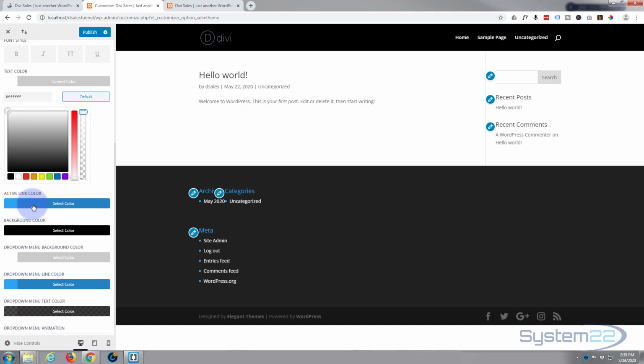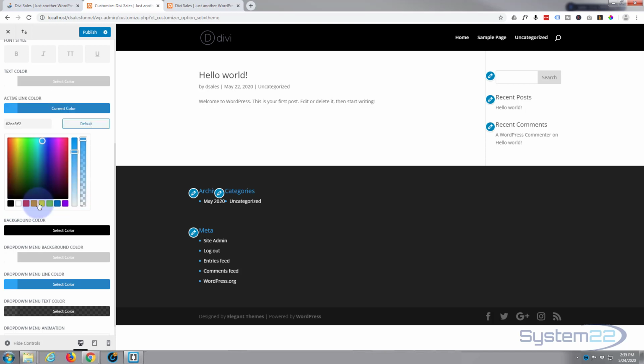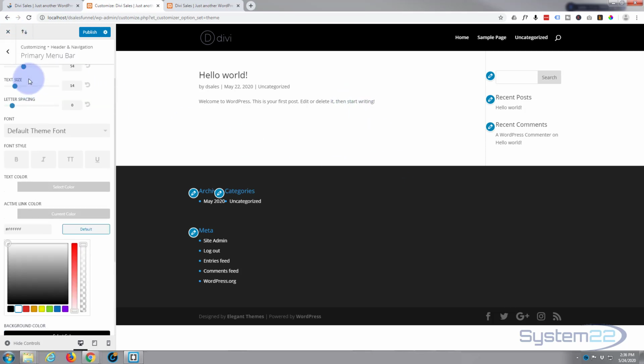Active link color, I want to make that white also. So I just clicked on the active link color and I'm going to select white. So that's going to set the page we're on, whatever page or section you're on. I want it all to be the same for us at the moment. Great, so that's our menu color taken care of, but if I slide down a bit, there's not too much content I can slide to on there. So let's just go back